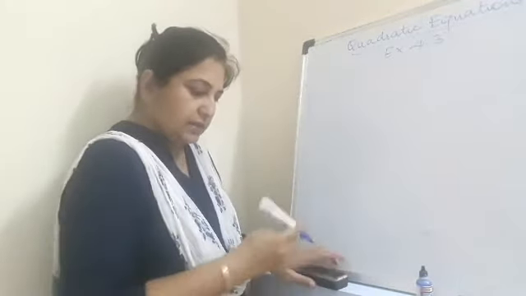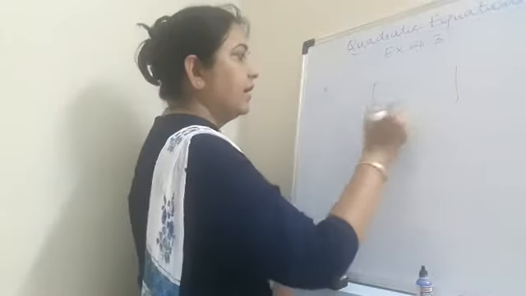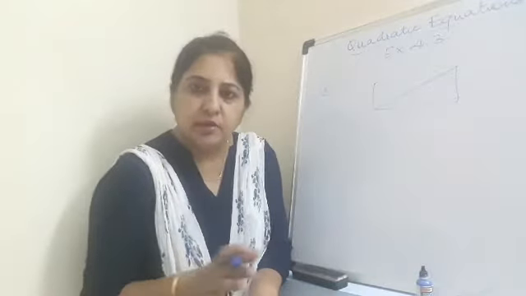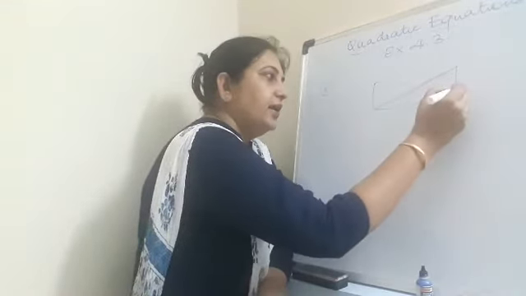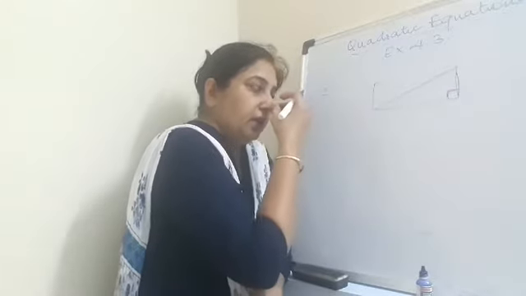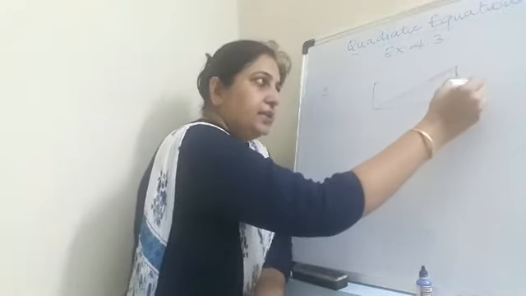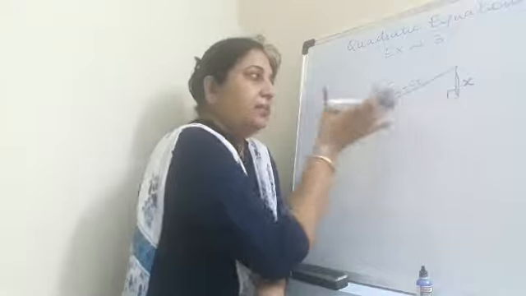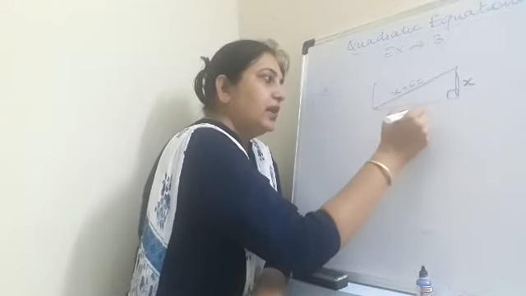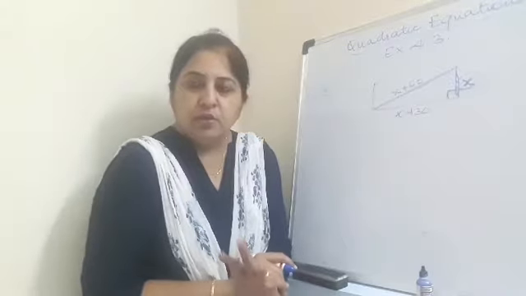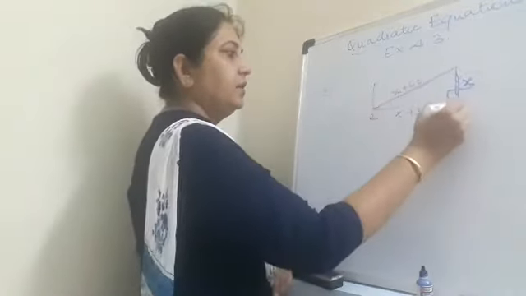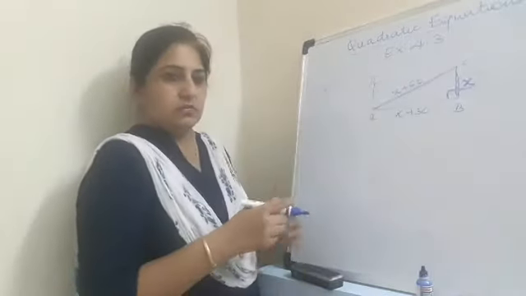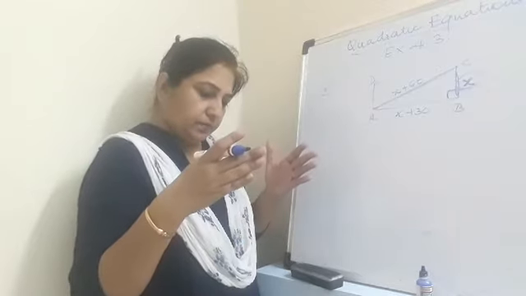Now we have question number 6. It is saying that in a rectangle, the diagonal is 60 more than the shorter side. So let us assume that this is a right angle triangle when it's a rectangle. If we suppose this as the shorter side, this diagonal is 60 more than the shorter side, and the base, that is this side, is 30 more than the shorter side. So let the shorter side be x, and we can name the rectangle.